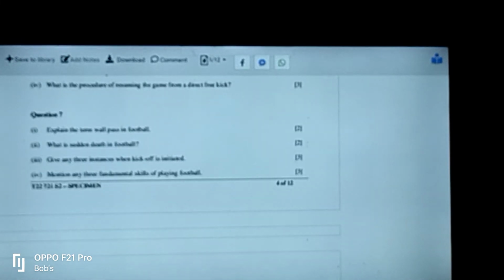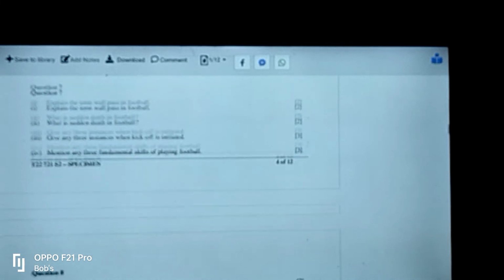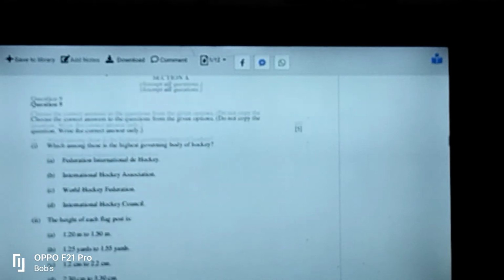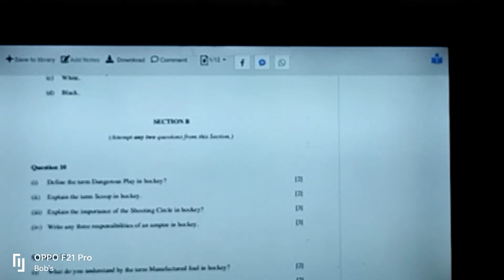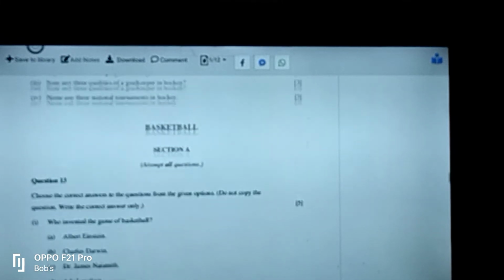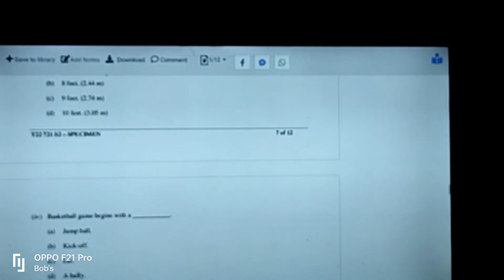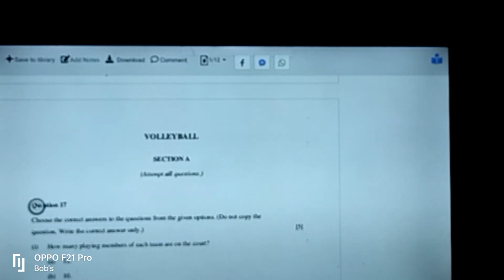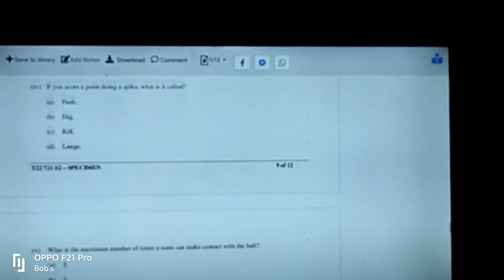Now we move on to the other part of the game, because they have already asked in the beginning that we have to choose 2 games out of 6. From football we have skipped question number 8, so move on to the other part. We have chosen volleyball. As you can see, I had already mentioned, even in volleyball there are 2 parts, section A and section